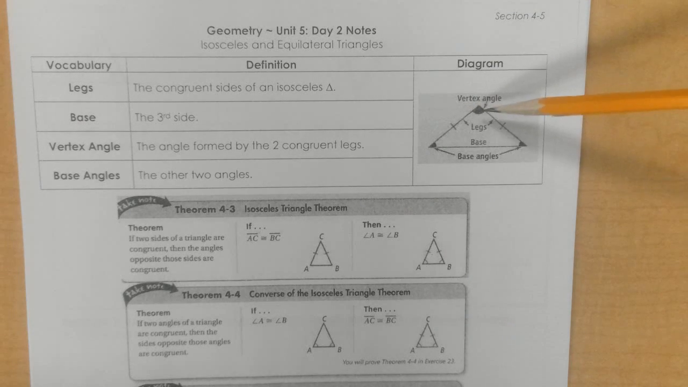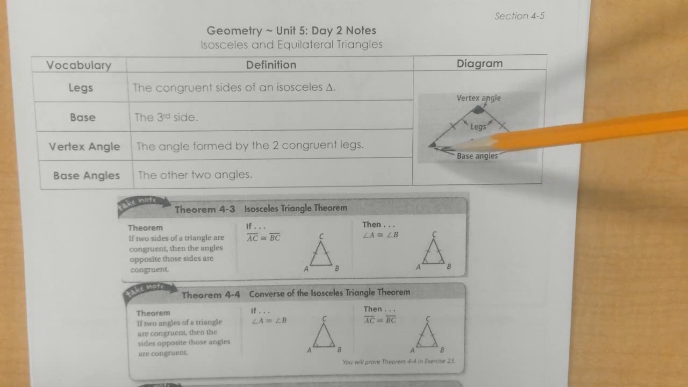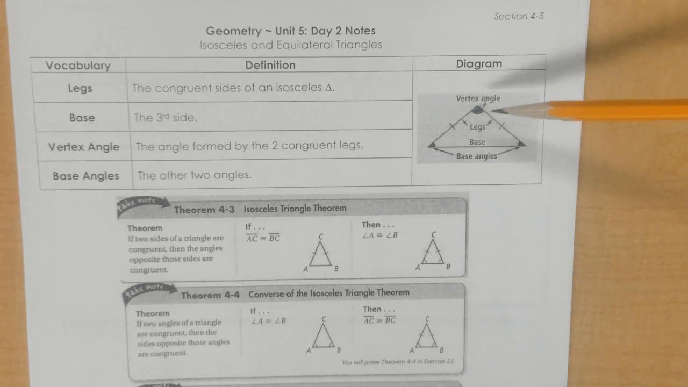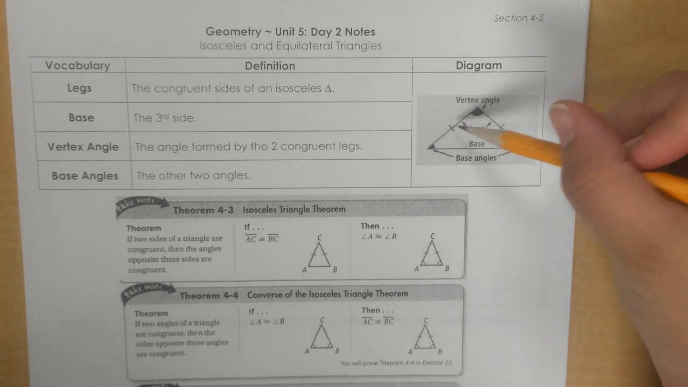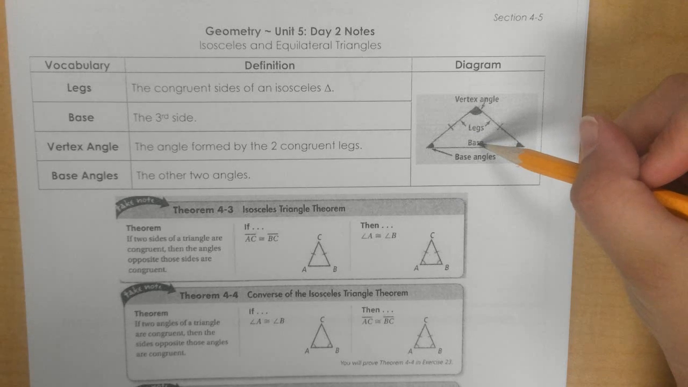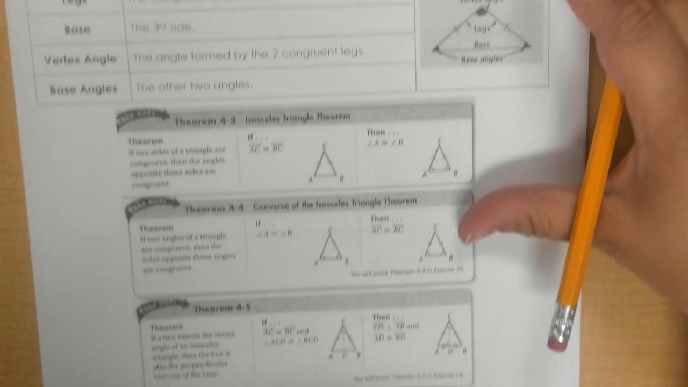So first of all, you have the vertex angle up here. Okay, then you have the two base angles. And the two base angles have to be congruent. And then you have two legs, and the legs of the triangle are congruent, they're equal to each other. And then the third side is called the base, which is not congruent to the two legs. Okay. So down here,